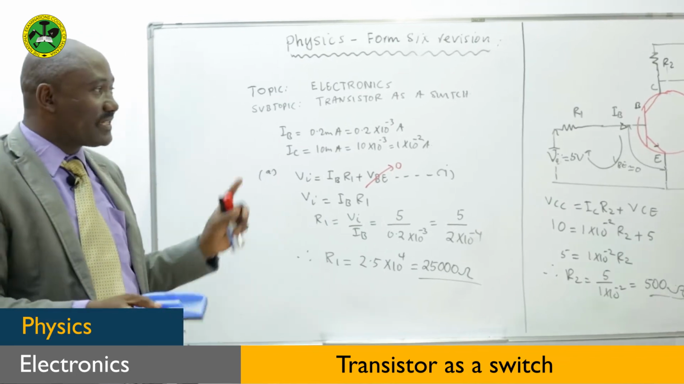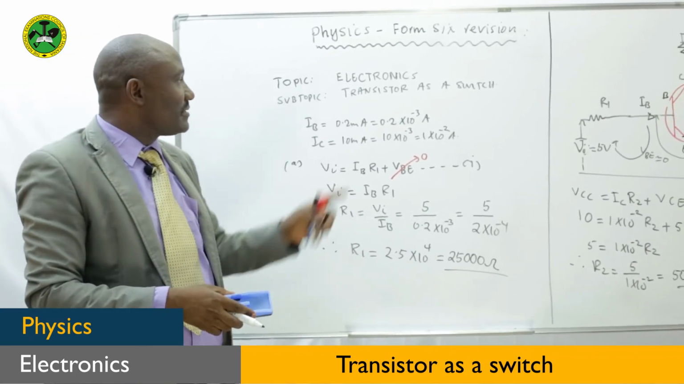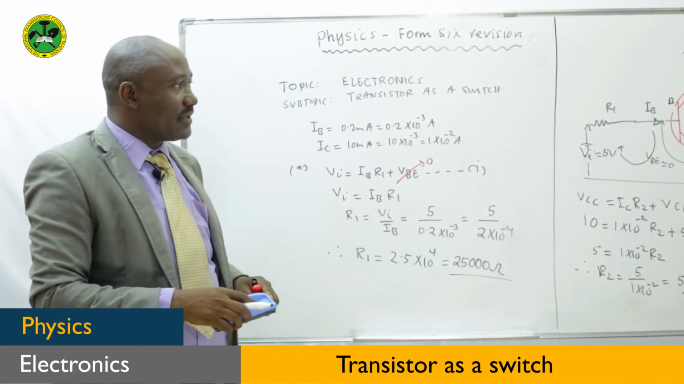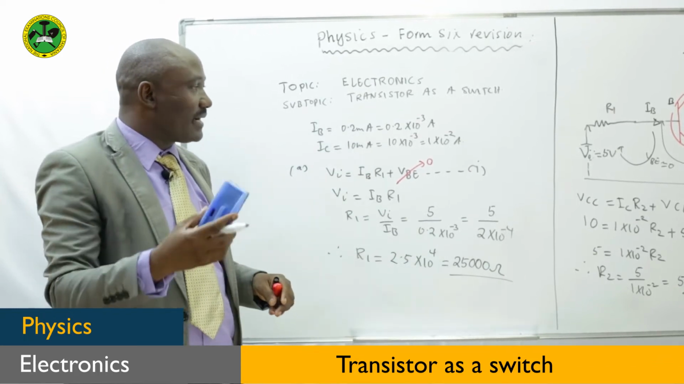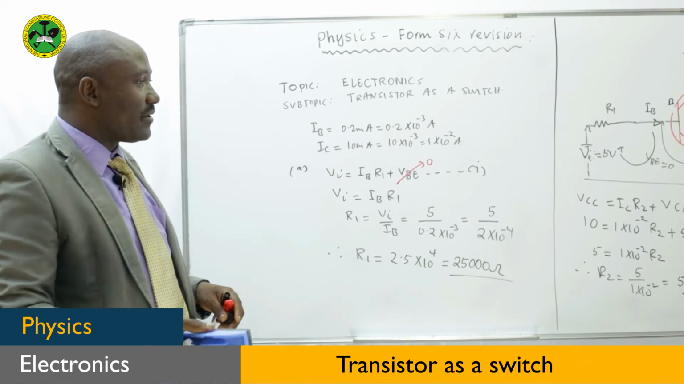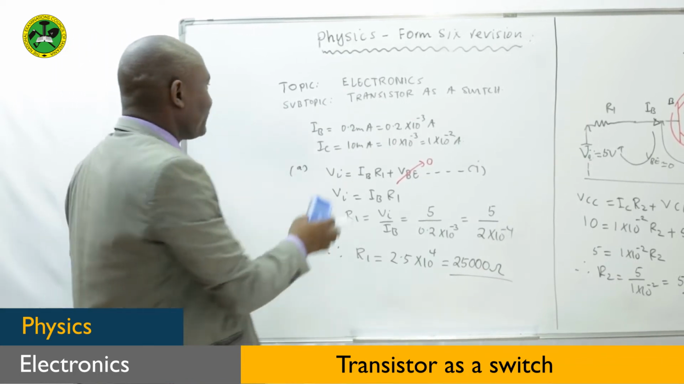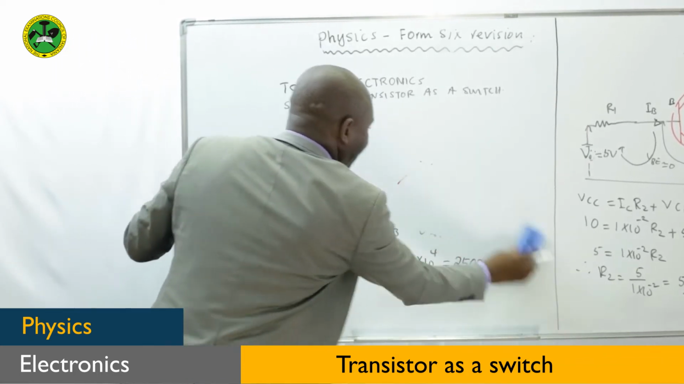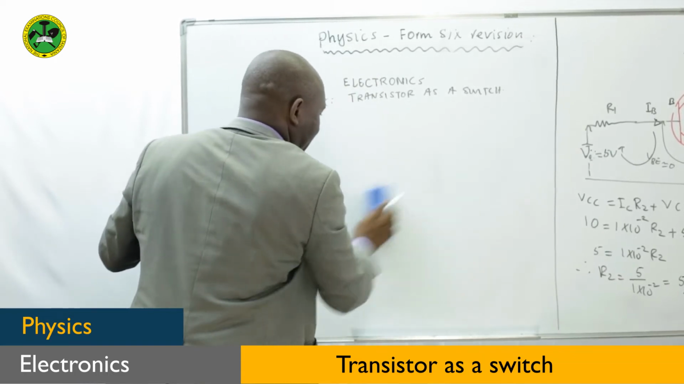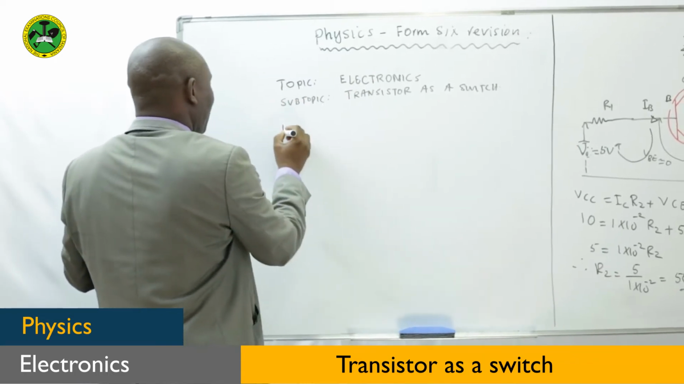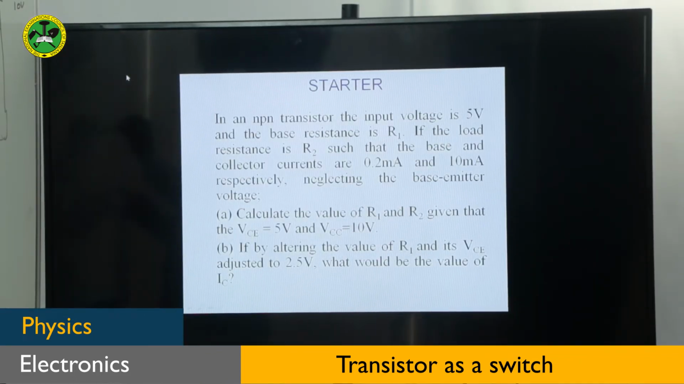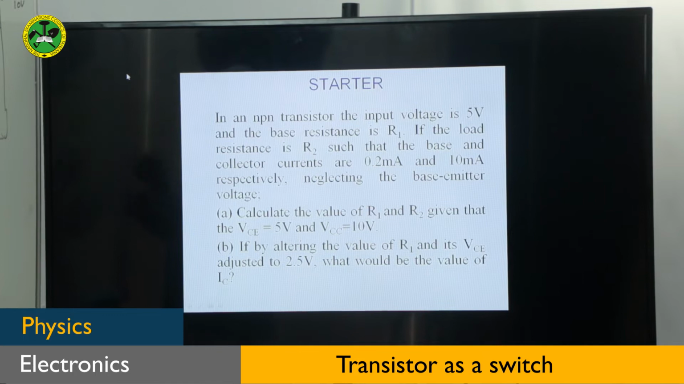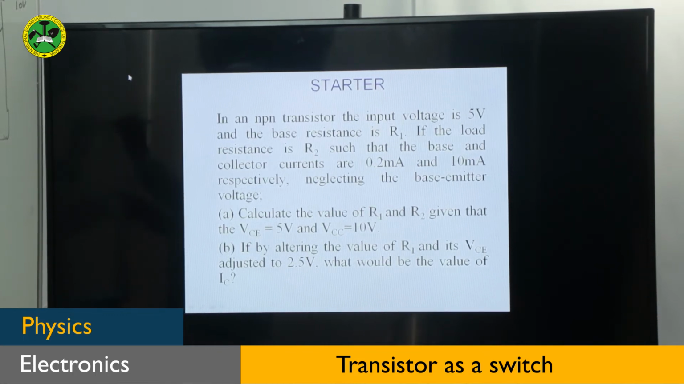This is what we discussed in the first part of this electronics topic, and we saw how to formulate these equations. From there you can find the current gain, voltage gain, and the power gain. Now let's see part B. Part B says, if by changing the value of R1, its corresponding VCE changes and is adjusted to 2.5,